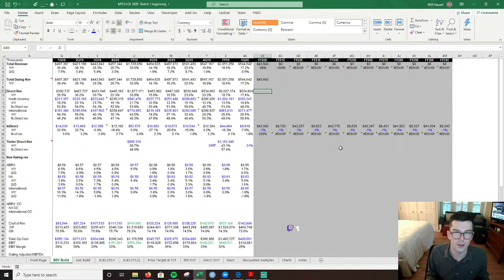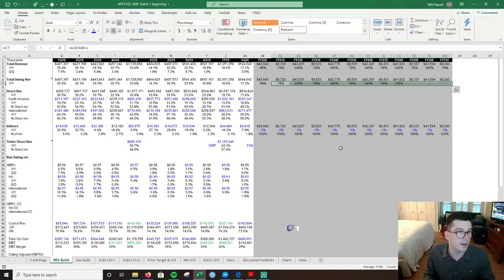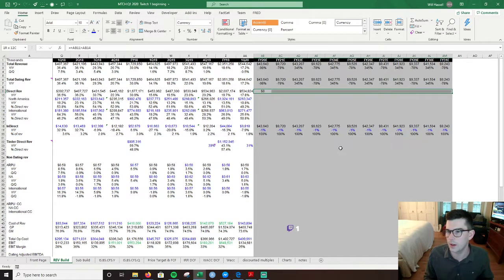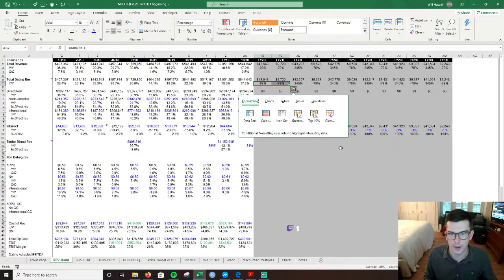Just having all that set up so that when all this populates, it's nice and smooth. Like I said in my previous video, I'm trying not to really complicate this one. I try to keep my rev builds, most of the time, not too super complicated, just because they do become just absolute bears to go and